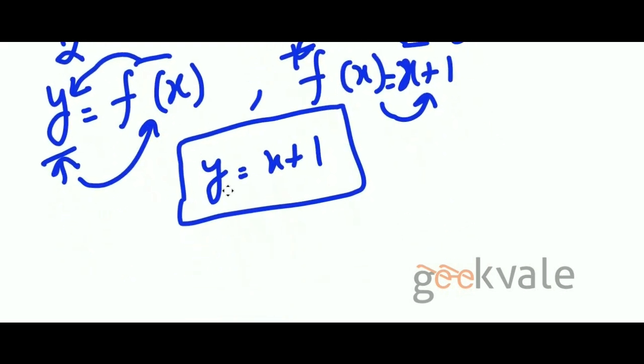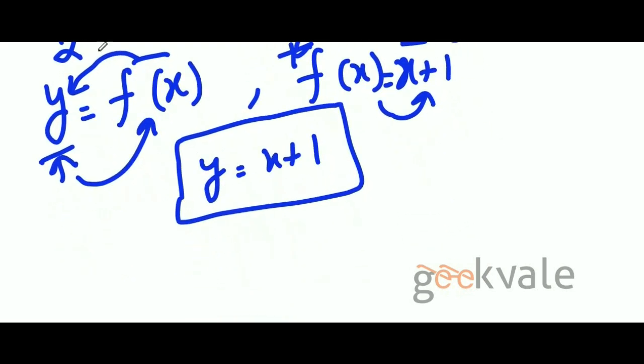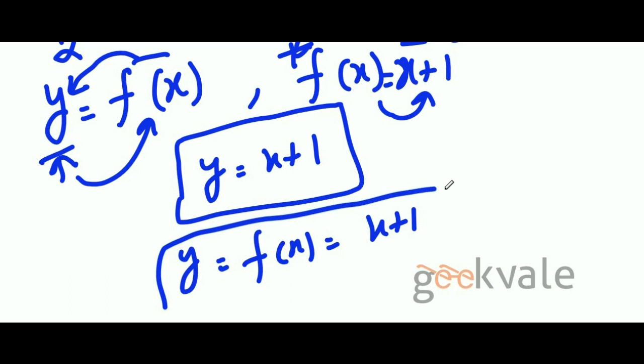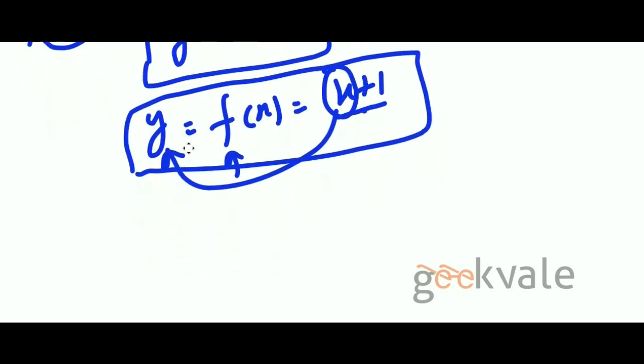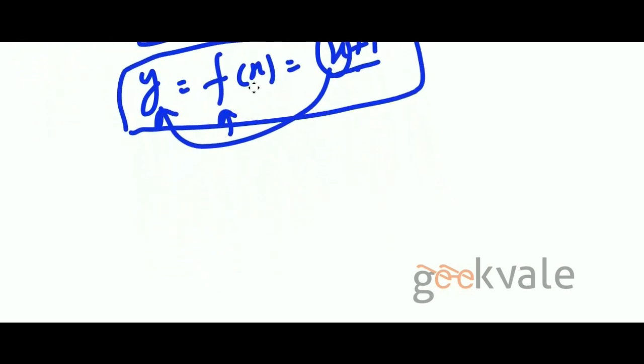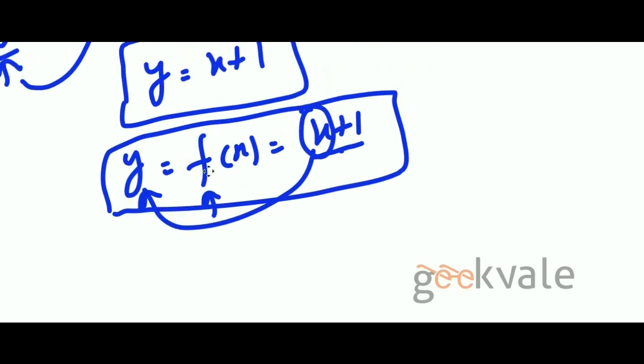This, or y equals f of x equals x plus 1, that's what you call a function that defines this f, defines this rule between this x and this y, right? Now let's go to different notations. Notation is already done, the f of x, or you can call it y equals x plus 1, y equals